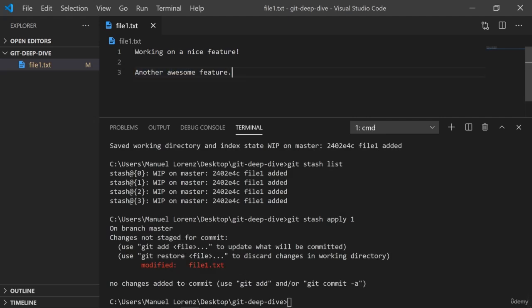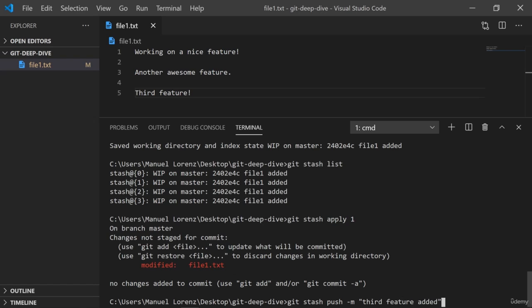Now what you saw already is that this becomes kind of confusing, right? If we just have these index numbers here for the different stashed changes, we soon don't know what we actually did. The cool thing is that we can also add messages to our stashes to tell what we actually added. So for example, we can add our third feature here, save this, and now we can run git stash push. And now dash m, for message, and now in quotation marks, our message, which is related to this. Here we could say third feature